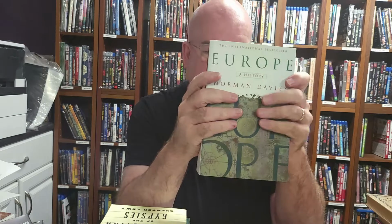All right. Next up is Norman Davies' History of Europe. Look at how thick this book is. Even if you read it, you're not going to get the whole history of Europe. This is an overview with little in-depths here or there, so you get an overall view, and then you can further read if you want to go into the individual countries' history as well. It's a pretty thick book. It's going to take you a while to get through it, and you'll get a very good overall understanding of Europe and its history, since the beginning of time up until